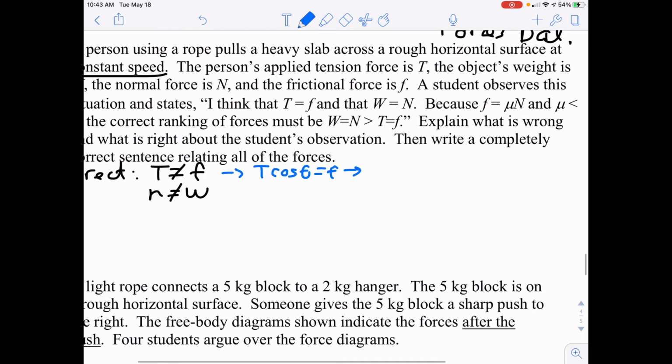And if I solve for tension, tension is equal to friction divided by the cosine of the angle. Now, since the cosine of the angle is a decimal less than 1, friction divided by a number less than 1 makes the tension greater. It means tension is greater than friction. Similarly, with the normal force,